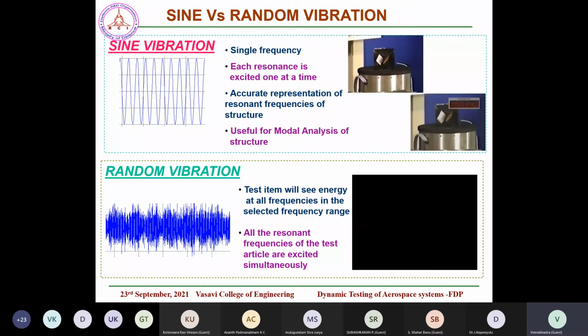For example, we are showing one experiment here in which a shaker is put on a simple metallic plate, with plates of 20 hertz and 30 hertz frequency designed and kept. If I excite 20 hertz, only one of these will oscillate. If I excite 30 hertz, only the other will oscillate. Means at 30 hertz, the 20 hertz oscillation is less, and at 20 hertz, the 30 hertz oscillation is less. But if I do random vibration at the same 20 to 2000, both will oscillate and both will touch.